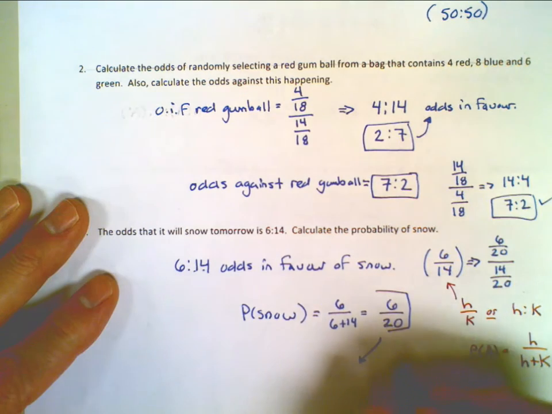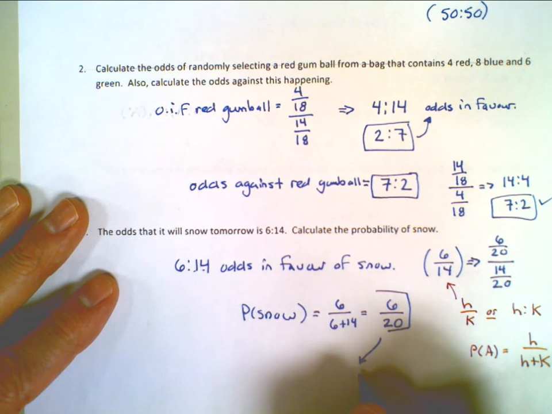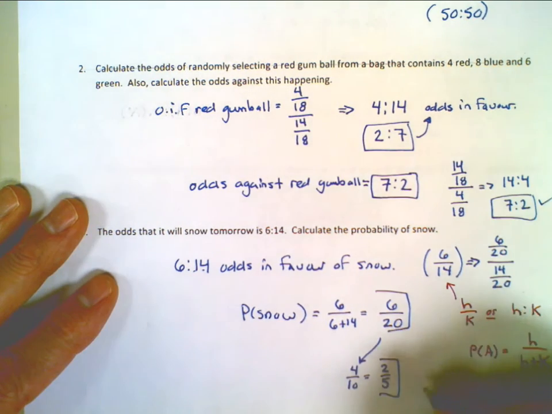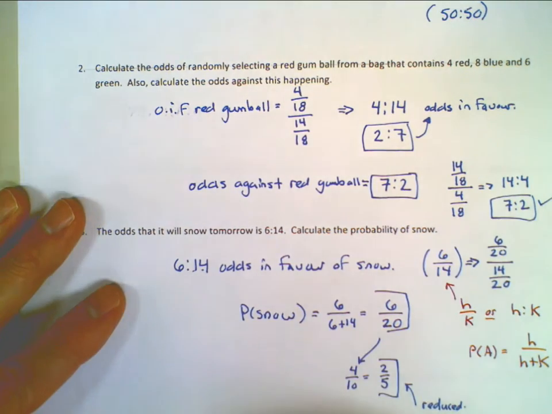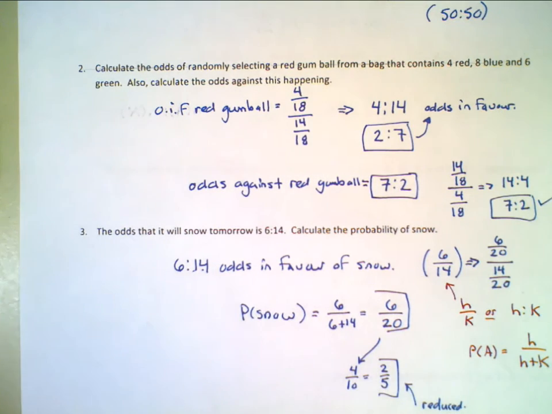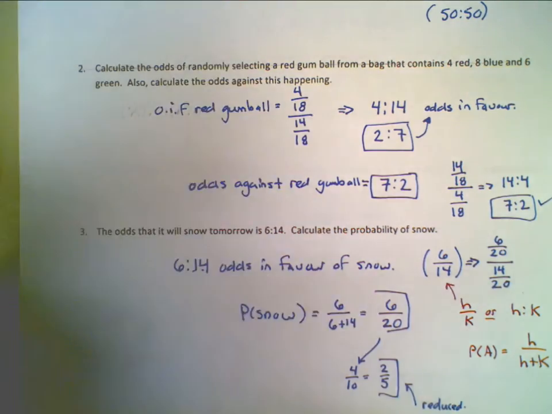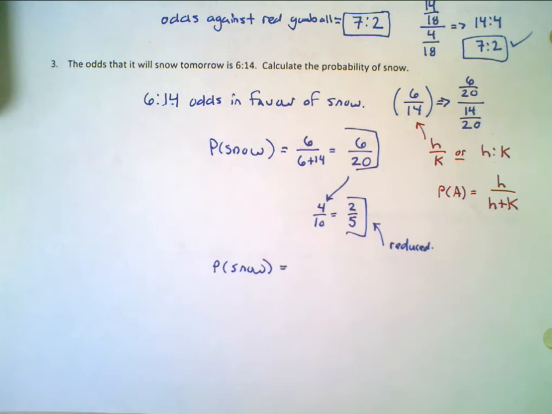Again, you could write this as divided by 2, so you can have 3 over 10, which is... so that's the reduced. And you could, if you wanted to, get it as a decimal. So you could do 2 divided by 5 to get the decimal. So you could say the probability of snow is 2 divided by 5. And simply putting that in the calculator. So if we do 2 divided by 5, you're going to find it's